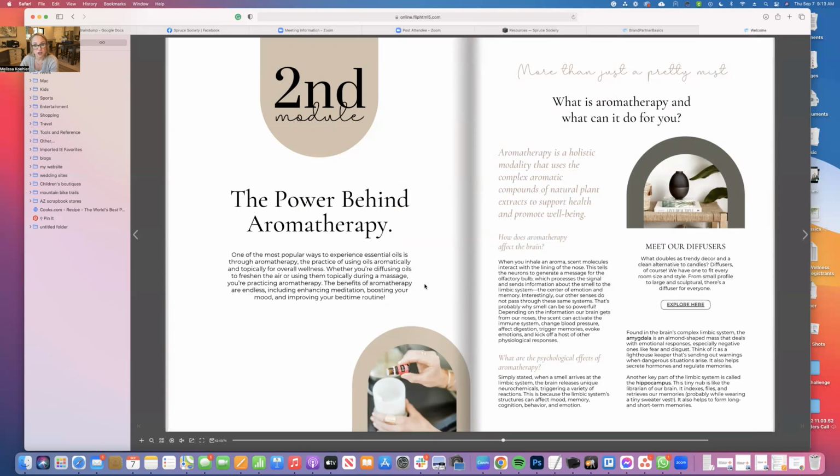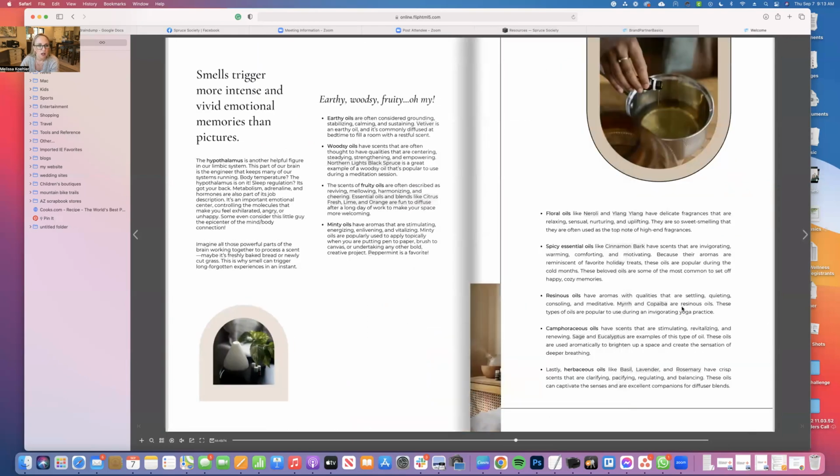The power behind aromatherapy. So if you click over here, it'll take you to where all of our diffusers, people understand what options they've got. Why smell is important. Earthy, woodsy, fruity, oh my, goes through this kind of just different descriptions. Floral, spicy,